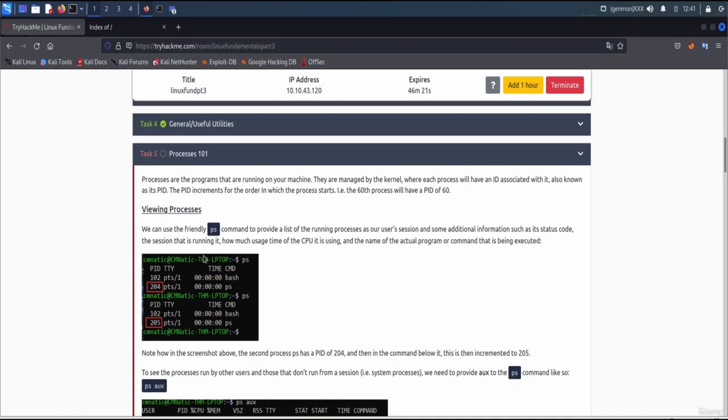Viewing processes. We can use the friendly ps command to provide the list of running processes as our user's session, and some additional information such as its status code, the session that is running it, how much usage time of the CPU it is using, and the name of the actual program or command that is being executed. Now, in the screenshot above, the second process, ps, has a PID of 204, and then in the command below, it is incremented as 205. Okay,